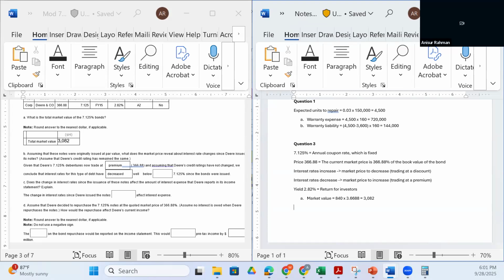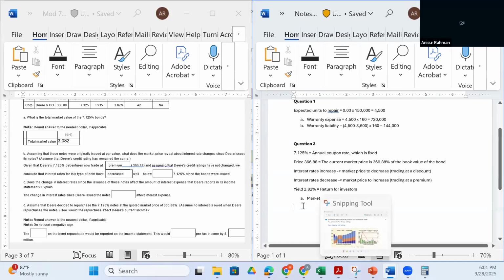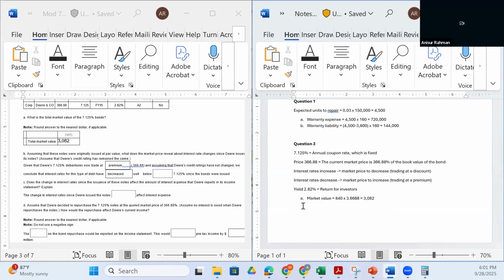Now, subsequently, interest rates can change even further, increase or decrease. In this case we are talking about a note, but a similar principle applies. Market interest rates increasing or decreasing will not affect the initial assumptions or calculations that were set up. So the change in interest rate since Deere issued the notes does not